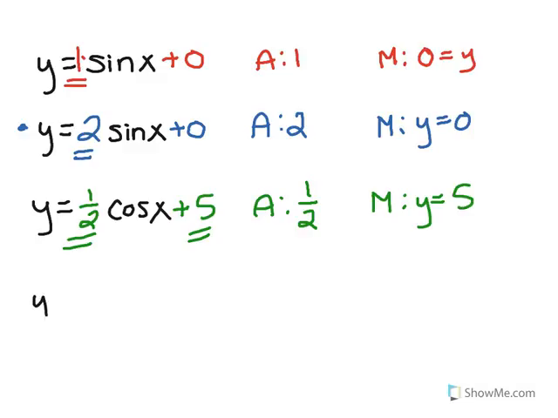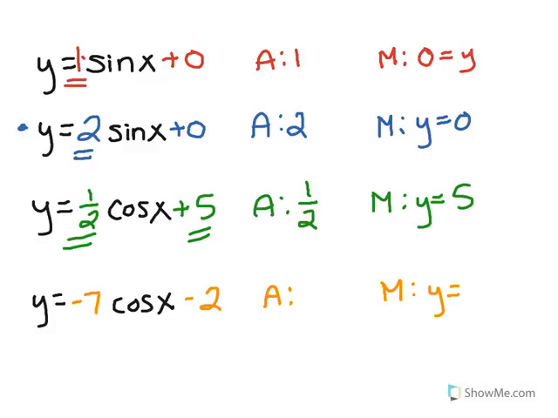So this would be positive. And let's do one more. So y equals, we'll stick with cosine this time. And I'll do this one in orange. So how about negative 7 and then minus 2. Now this we want to be kind of careful with because the amplitude, remember, can never